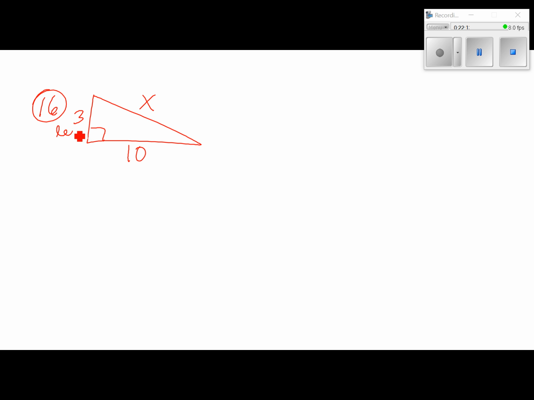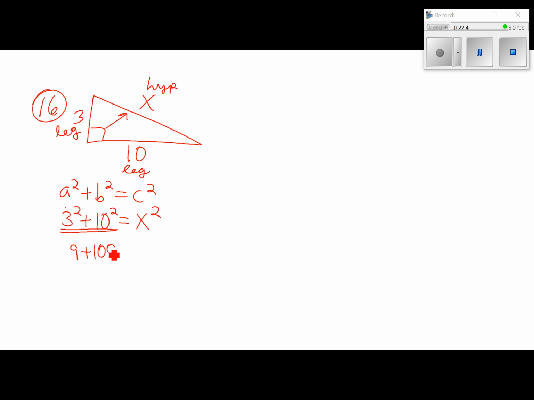This is a leg, 3 is a leg, 10's a leg, and the x is the hypotenuse. So when I go to plug into a squared plus b squared equals c squared, I know where each thing goes. The 3 can go in here for a, so we're going to do 3 squared plus 10 squared equals, we don't know x, so that's just x squared. And then we just do a little bit of math. You could punch all this right into your calculator. 3 squared is 9, 10 squared is 100, 9 plus 100 is 109, and we got x squared